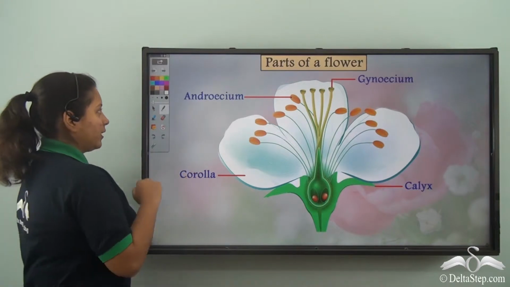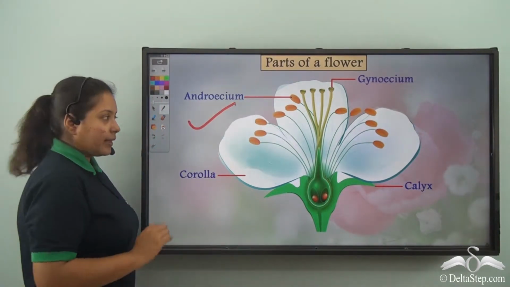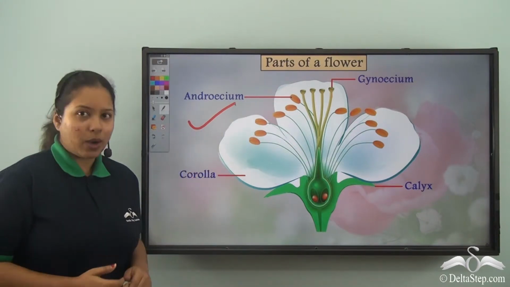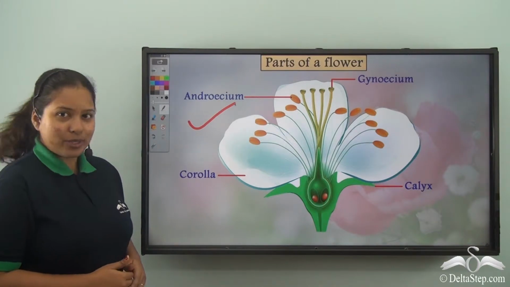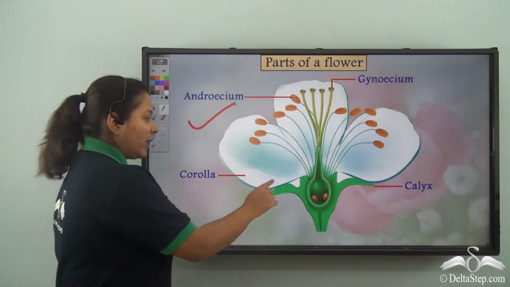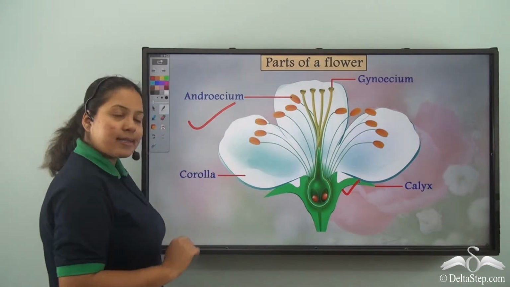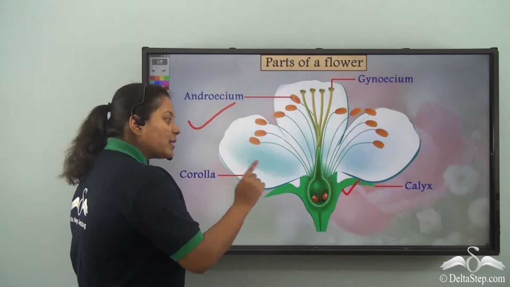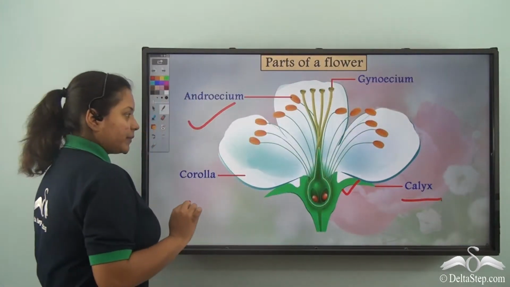See, over here you can see this is a China rose flower. Now, if you cut it into two halves, you can see the different parts of the China rose flower. First, we have got these green-like structures. What are these known as? Well, this part of the flower is known as calyx.